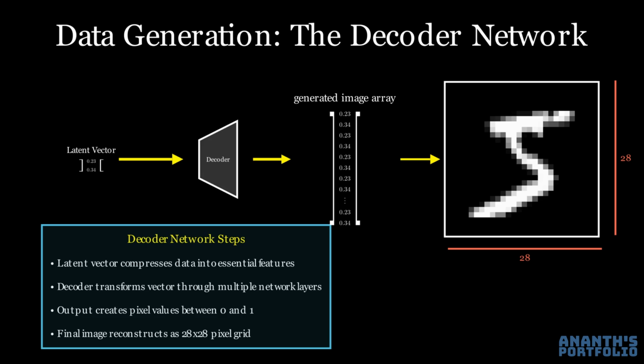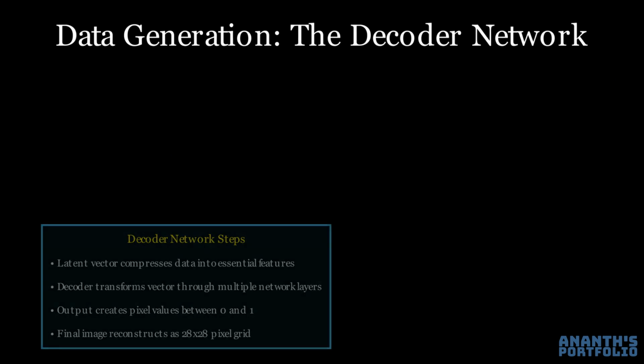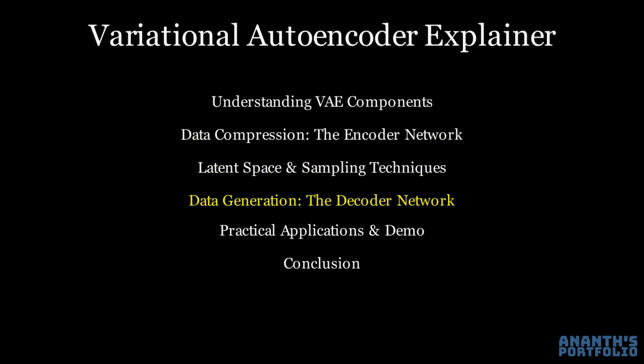The process can be repeated with other points in the latent space to create entirely new samples which closely resemble the input image. In summary, the decoder network takes abstract, compact representations from the latent space and transforms them into meaningful outputs. Whether reconstructing existing data or generating entirely new samples, the decoder demonstrates the power of neural networks in creative